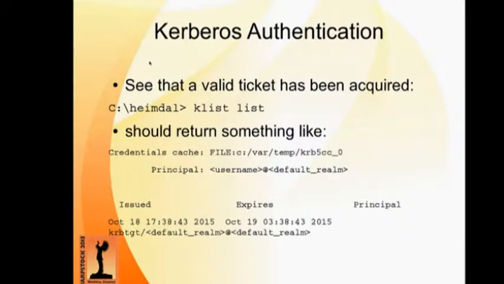You'll get something like a credentials cache, because it caches the credentials not only in memory, but writes them to a file on disk. It gives you your username at your default realm, listed as the principal. Then this is all one line underneath. It tells you when the ticket was issued, when it expires, and